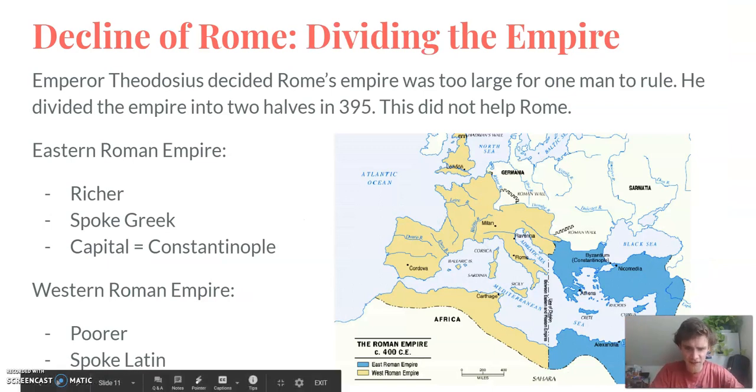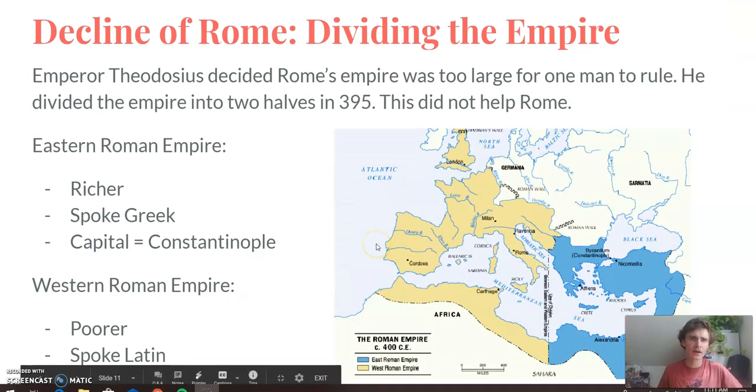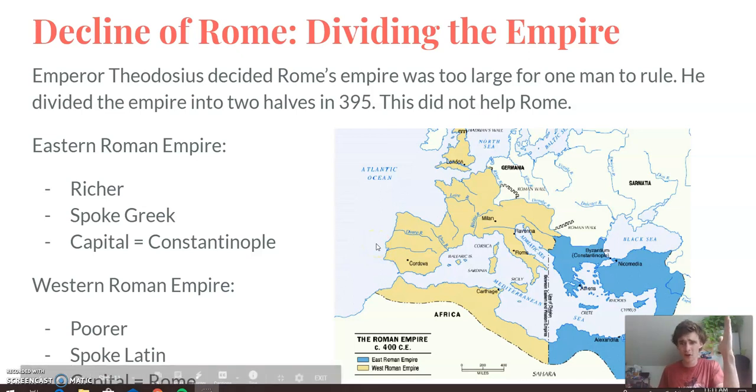Because after Constantine died, later emperors ended up splitting Rome into two halves. So Emperor Theodosius divided Rome's empire into two parts because he believed that it was too big for one man to rule. He divided it into two halves in 395, and this did not help Rome because these two halves were not equal. The eastern half, whose capital was Constantinople, was richer, and the people spoke the language of Greek